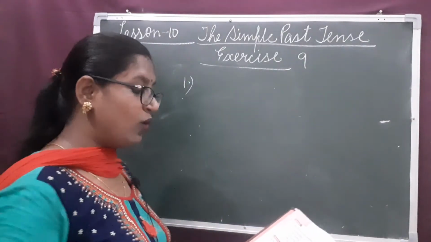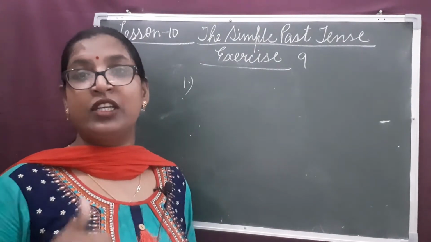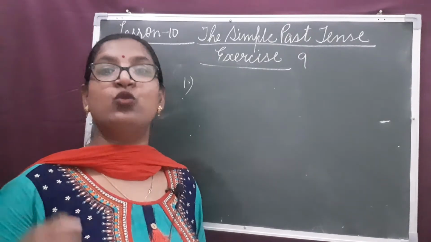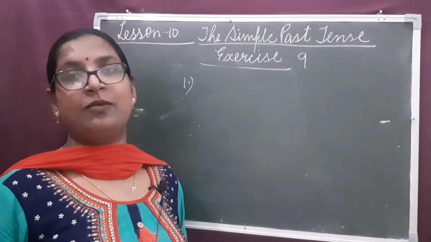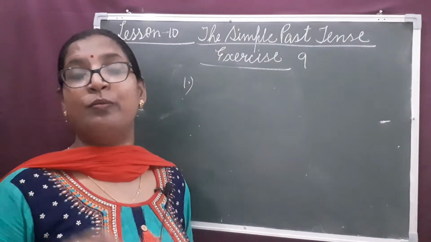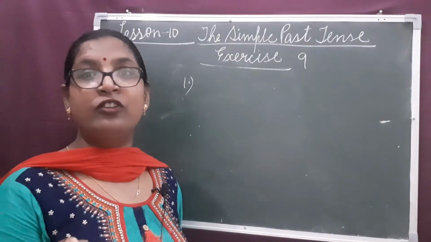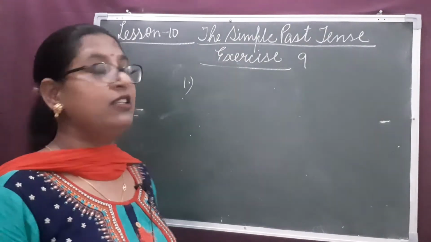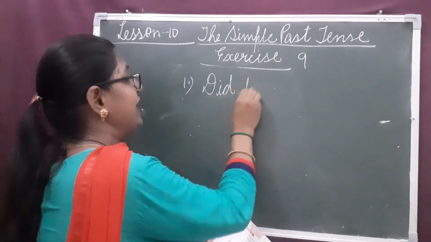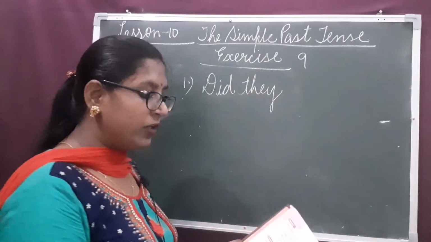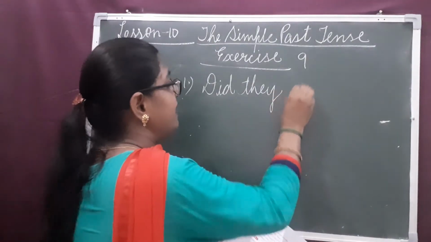Look at sentence number 1. They made a plan to open a new showroom. What is the subject? They is the subject. What is the verb? Made is the verb. Made, we know it is given in past tense. So, the past tense form of do verb will be used, that is did. The sentence will begin with did, followed by the subject. Did they? What is the verb? Made is the verb. So, its base form will use, that is make. Did they make